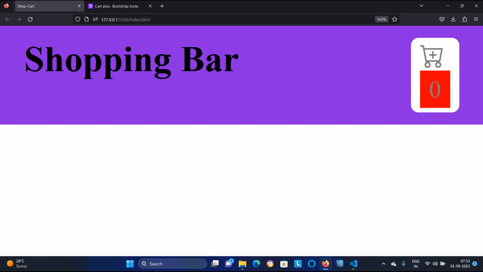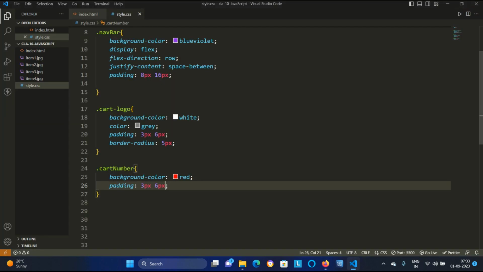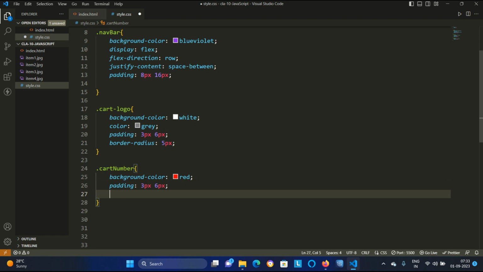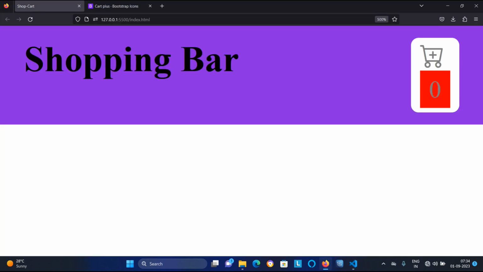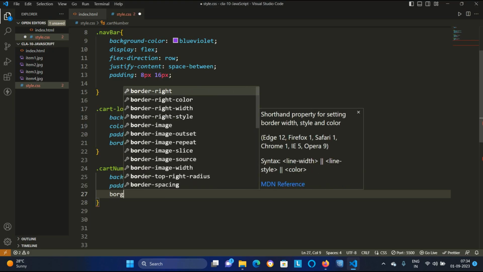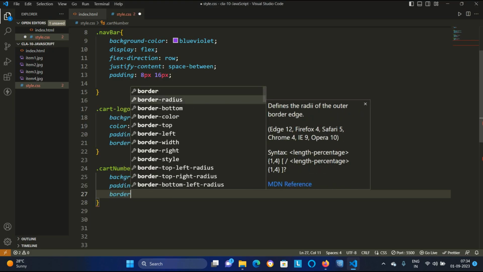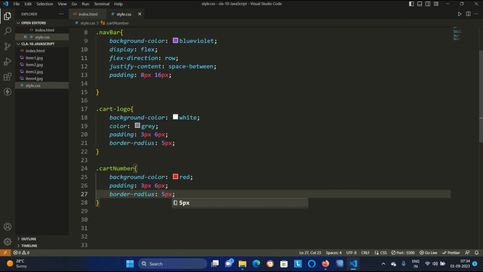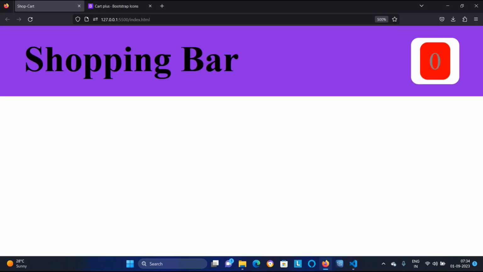That's coming in a good way, I think. Now you are looking the edges of those cart numbers are sharp right now, so we will fix that by saying that border radius as 5 pixel. Just Control S, go back, you can just refresh it.